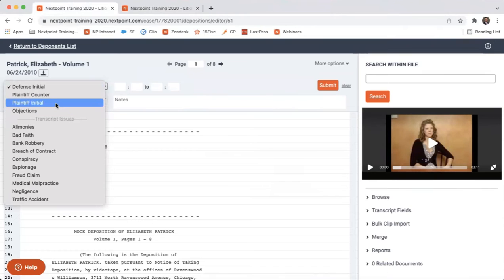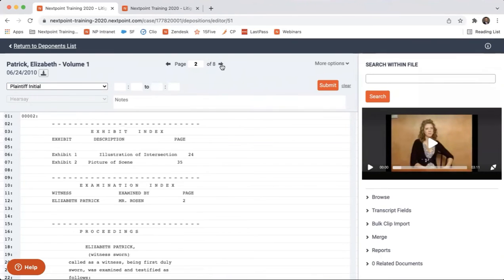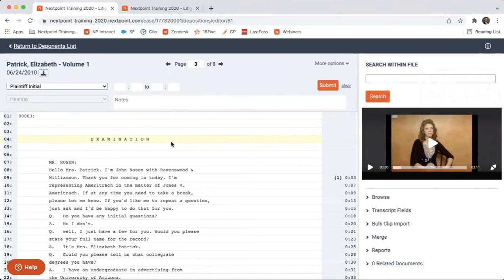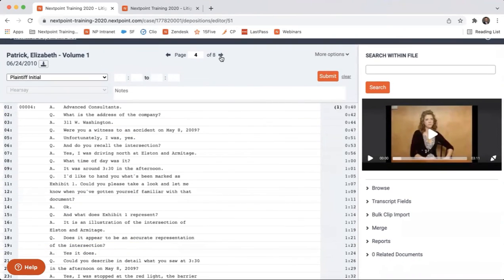What I'm going to want to do is click on, let's say I'm, again, representing the plaintiff, and this is my first time going through this transcript. I'm going to click on that, and then go to where the examination actually starts on page 3. Okay, none of this is just pleasantries, nothing important here. I'm going to go to page 4. Okay, this is where they start talking about the